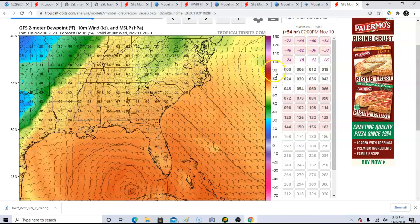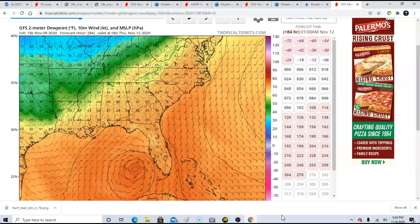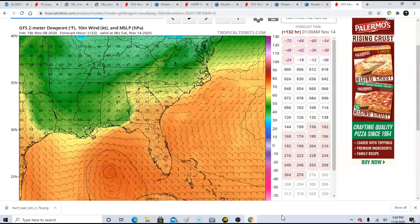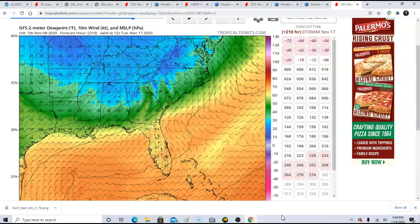And here I can show you. These are dew points. Good indication of how humid it is. Check it out as we get into Wednesday. Dew points get into the 70s in South Carolina. That is summer-like humidity. But eventually, as we get into the weekend, this is according to the GFS, some drier air is going to try to move in and really disrupt the humidity. But still, the latest GFS shows it being humid all the way through next Monday, even Tuesday,